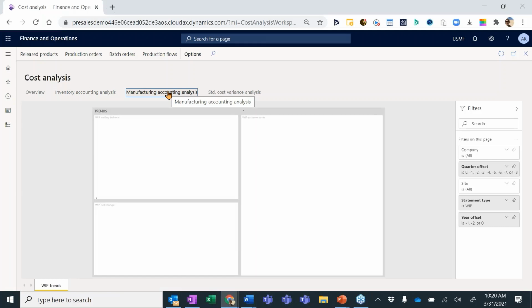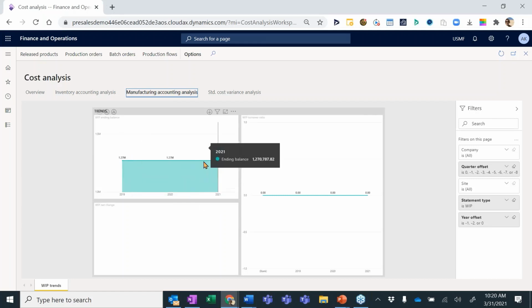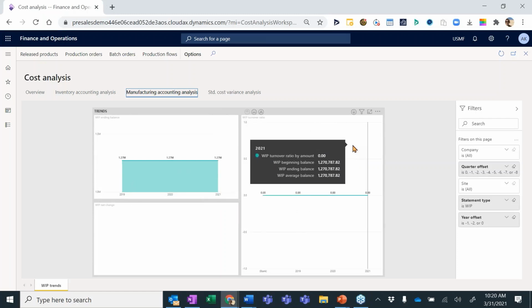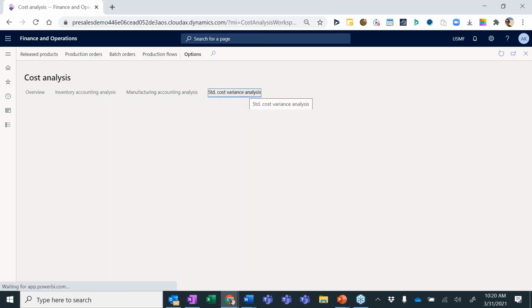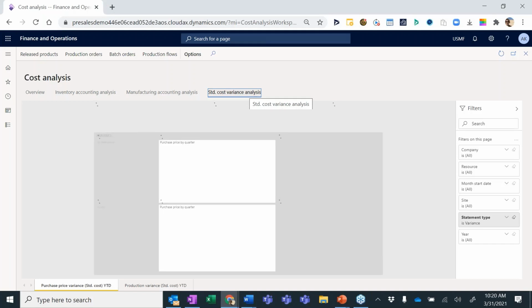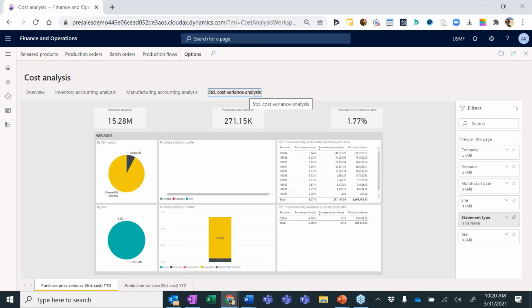My manufacturing accounting analysis, I'm looking at my work in progress ending balances. This is going year by year. I could look at it by period, my turnover rates, etc. And then I have a nice out-of-the-box view of standard cost variance analysis. So for those of you that love standard cost, and I do,